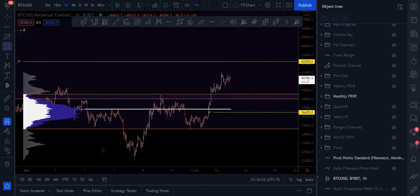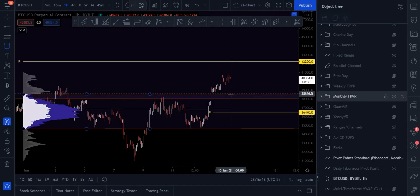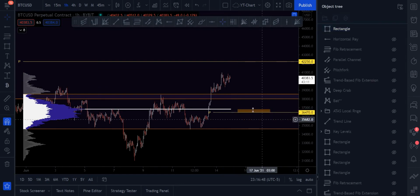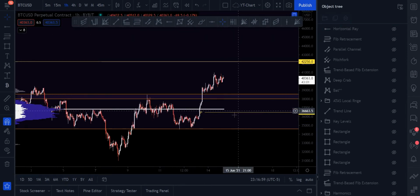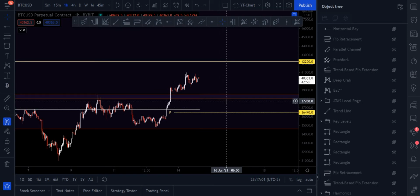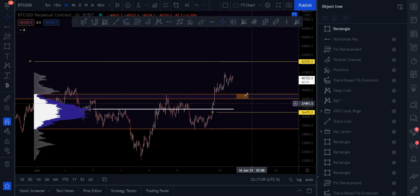So in reality, even if we come back down, in my opinion, even if we do find our way back into this range, I don't necessarily think we have to go down to these points of control here. The $37,000 level is the point of control of the range. It would make sense to do it because your weekly pivot is here and it's untapped. That's obviously a statistical target. We know that they're going to get hit over 70% of the time, so this does become a target just because probabilities say that we should be hitting that. We don't have to hit the pivots, but there's a pretty good chance we do a lot of times. But yeah, I would be looking at this right here as a big area, this 38,221 area,